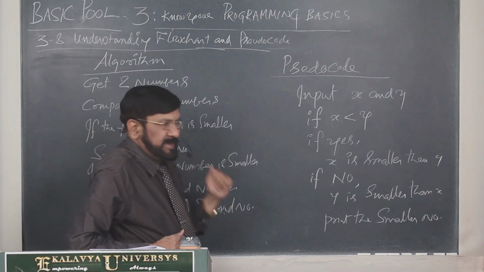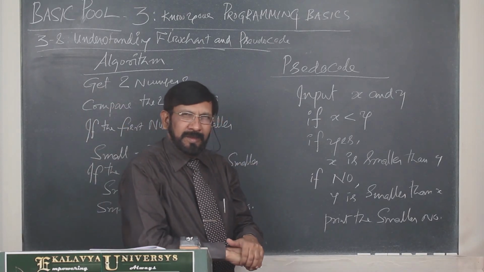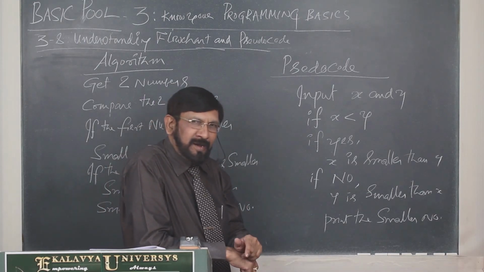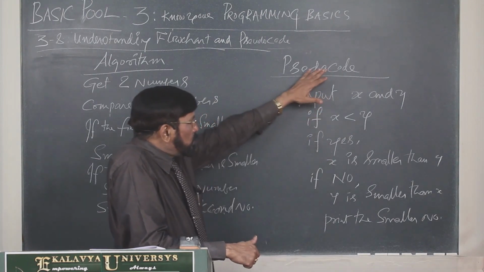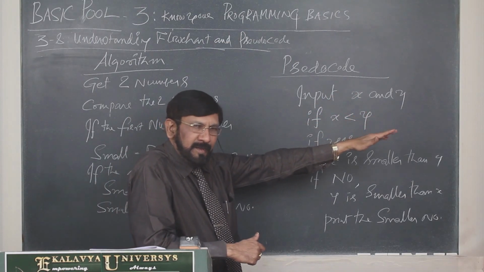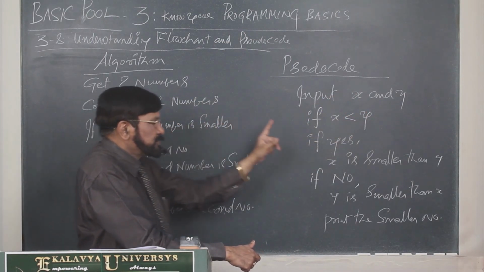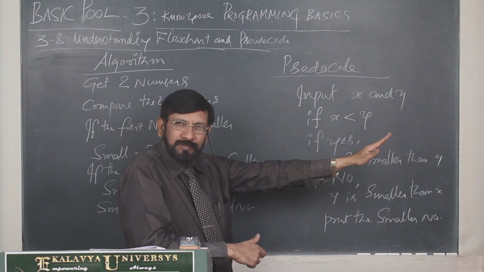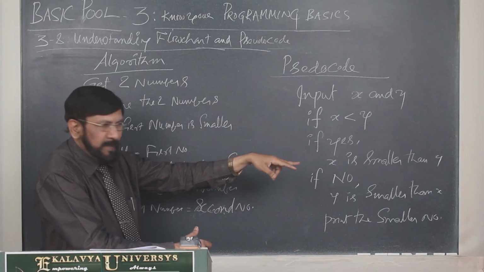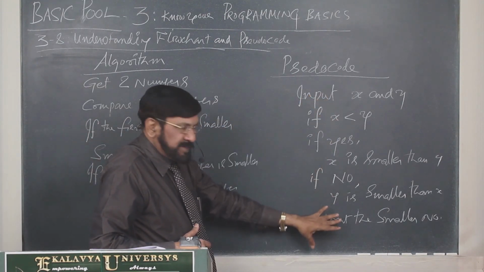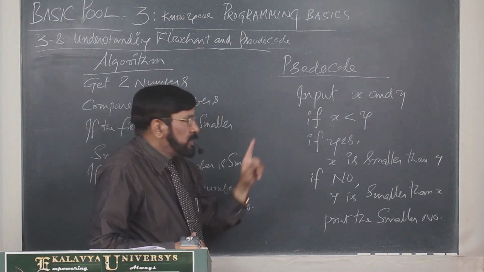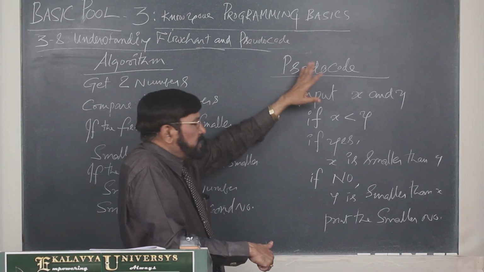Now, for the same case, we write pseudocode. This is much clearer. Here, one thing you have to understand is that pseudocode is an intermediate one. The actual program will be there later. Now, this is the algorithm. This is the pseudocode. It stands between the two. The algorithm is not very easy to convert into a program. If you understand these steps, you can convert all of them into a program very easily. That is the purpose of the pseudocode.